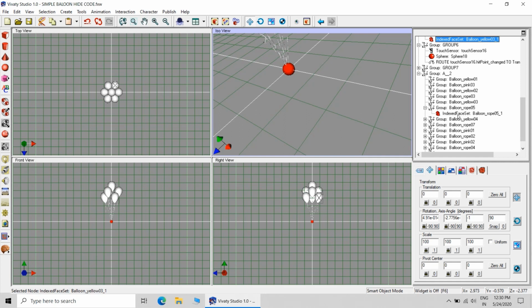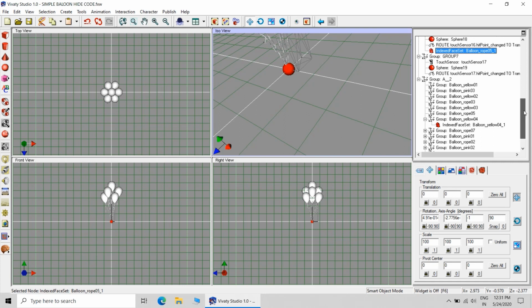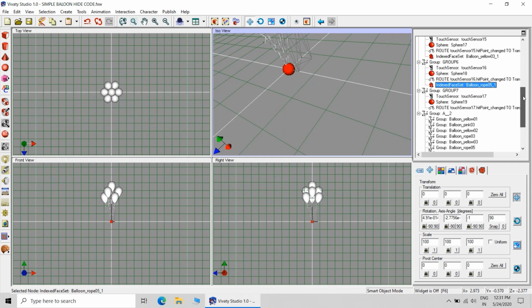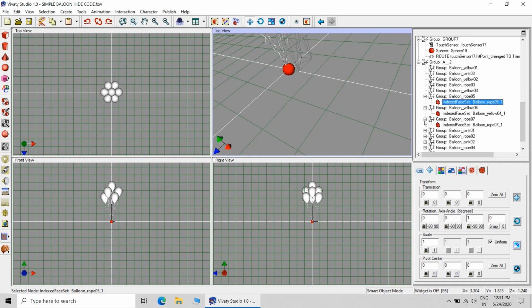This is again a rope. This is again a rope. So exclude the rope and only move the balloons. That will be somewhat confusing.